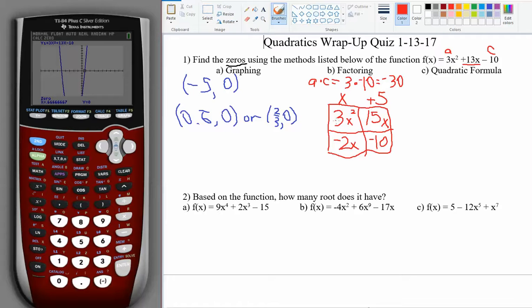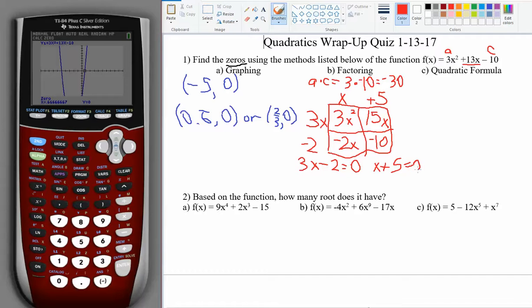So on our first row, 3 goes into 15 and 3, and x goes into both x squared and x. And finally on the bottom row, 2 goes into both 2 and 10, but since the 2 is negative, it's got to be a negative 2. So our two factors are 3x minus 2. Jumping the gun there. And that has to equal 0. And our second factor is x plus 5